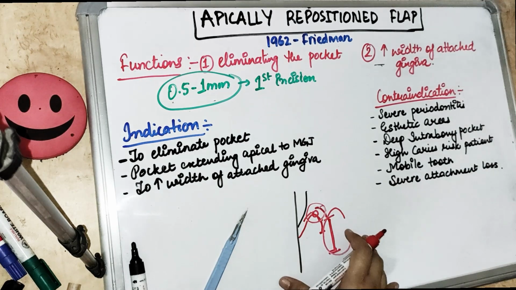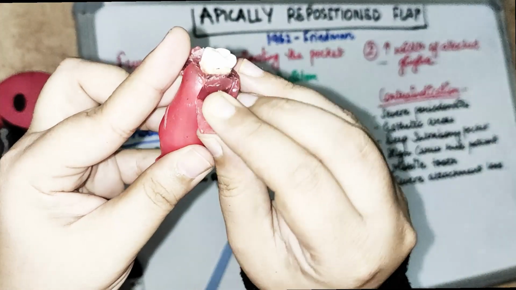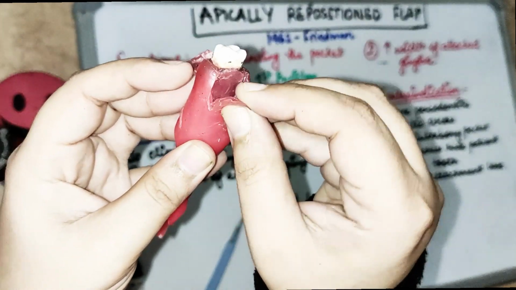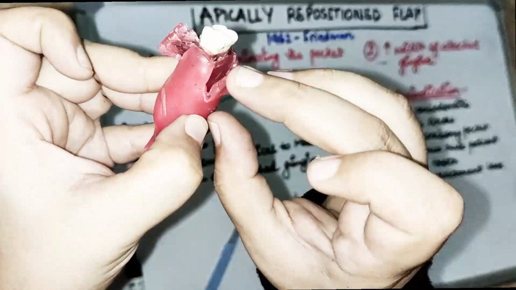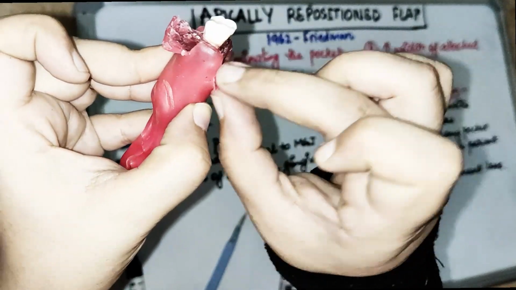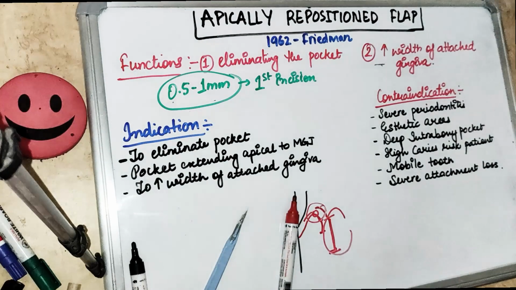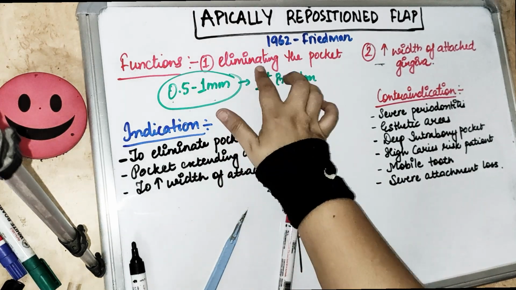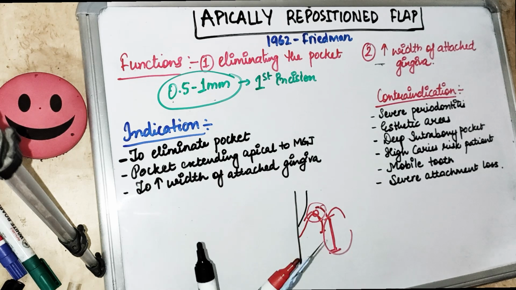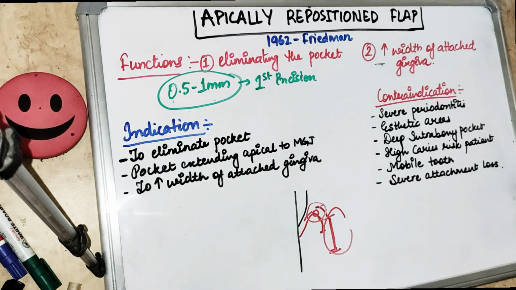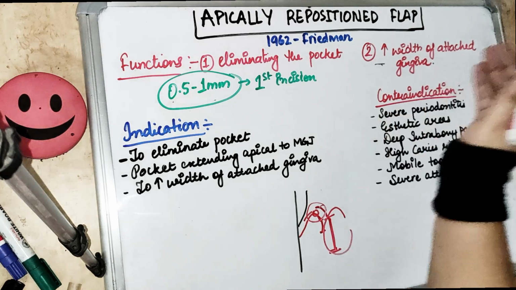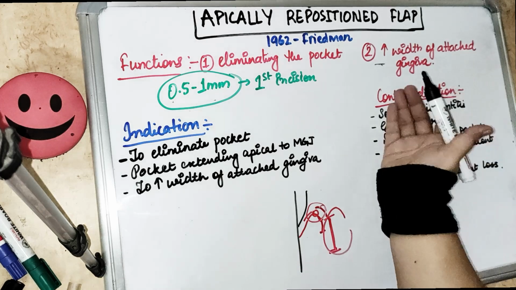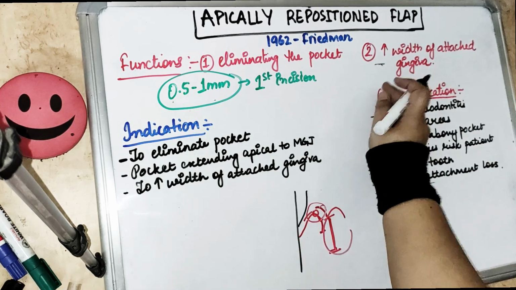And if we want to make the attached gingiva, then we are giving the split thickness flap, because this area is going to regrow and we are using this portion for the attached gingiva. So we have an increase in the attached gingiva. This height we have got extra for the attached gingiva. So it serves two purposes. One is the elimination of the pocket, if we are giving this full thickness flap. And another one is an increase in the width of the attached gingiva, if we are making the partial thickness or the split thickness flap or the mucosal flap.